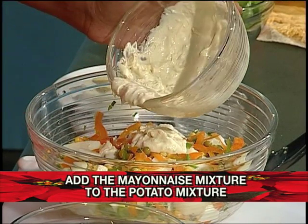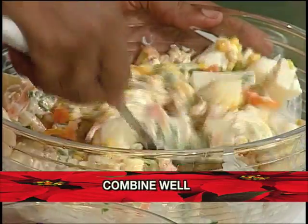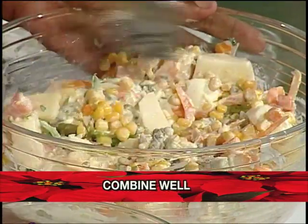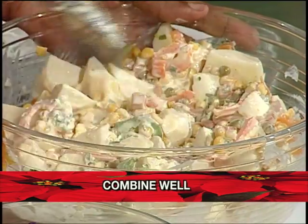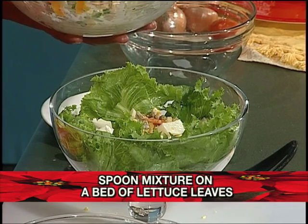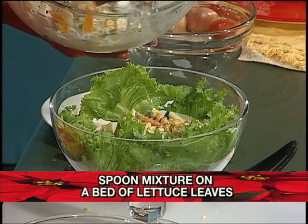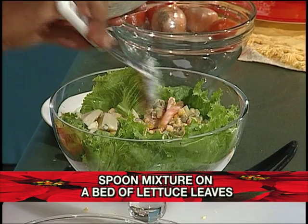As soon as you make up your salad, you either serve it or put it in the refrigerator. Well, look at the colors coming up. Different colors, textures, and shapes make it into an interesting meal idea. And I mentioned earlier that it should have a base, using some nice fresh lettuce leaves to form the base of the salad. So now I'll put in the body, which is the potato,